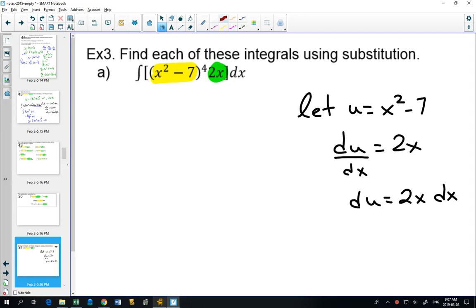And our integral with the substitution, now instead of 2x times x squared minus 7 to the 4, I just have u to the 4. And instead of 2x dx, I can just write du. So we've changed from integrating with respect to x to integrating with respect to u. This is a really easy integral. How do we integrate a simple power? Add 1 to the exponent and divide, plus c. And so substituting back,